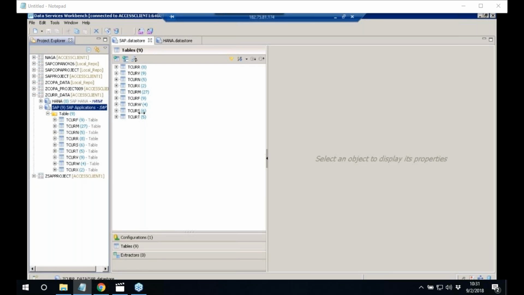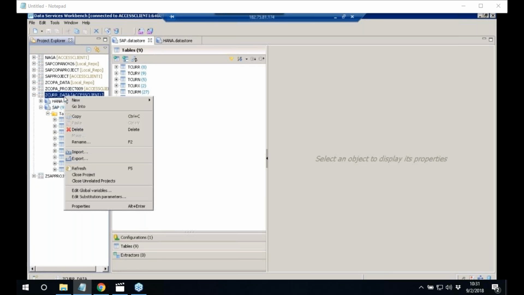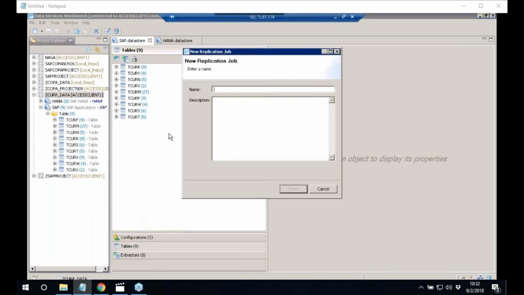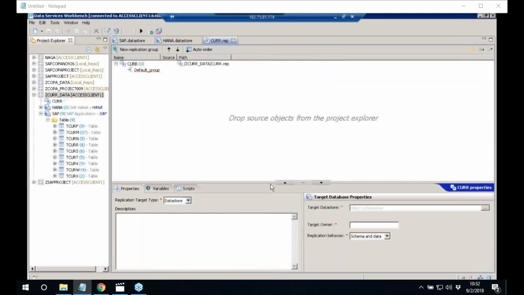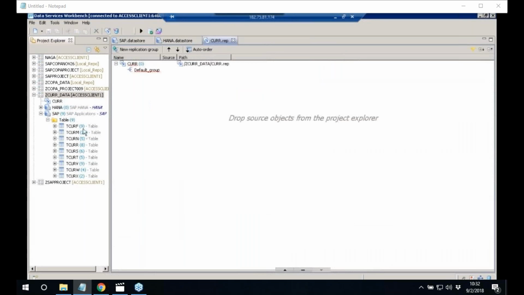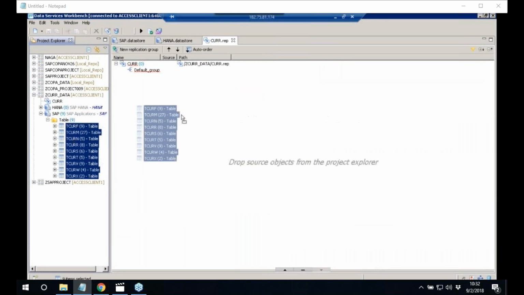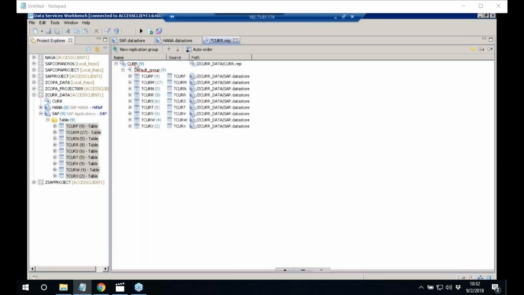So what I'm going to do, I click on the project, click new, click on replication job. Let's give the name for the job, provide the description, and click finish. Once we click finish, select the required tables, drag and drop into the replication job, expand, select,